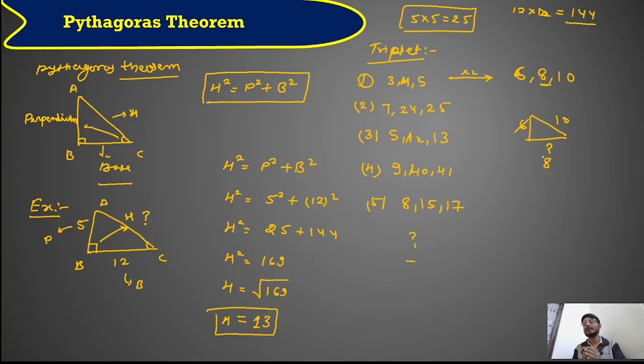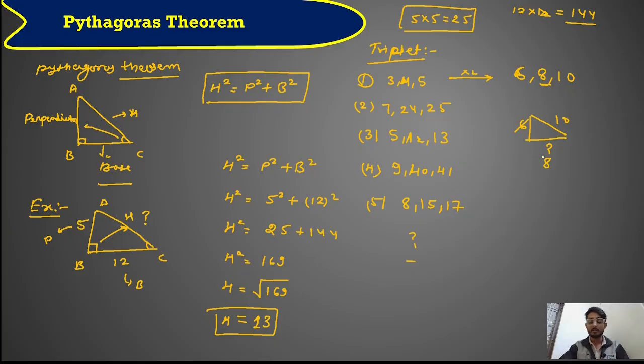You can find it directly whenever you have learned the triplets. If you learn these triplets, then you can find the value of base, perpendicular, or hypotenuse easily. But this is always used in MCQ questions. You can't use it in any kind of theoretical question which asks 2 marks or 3 marks.